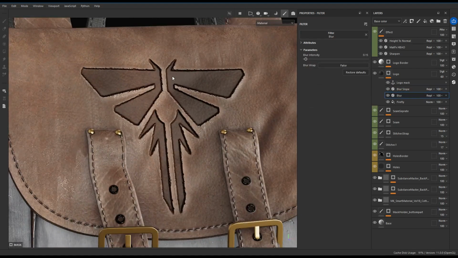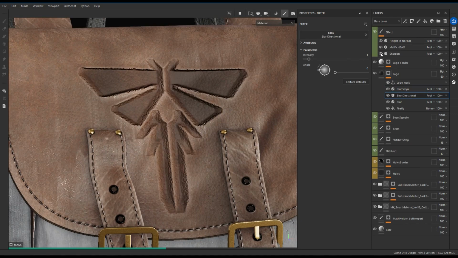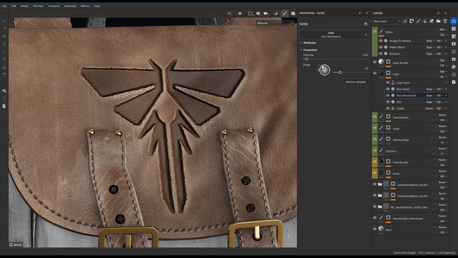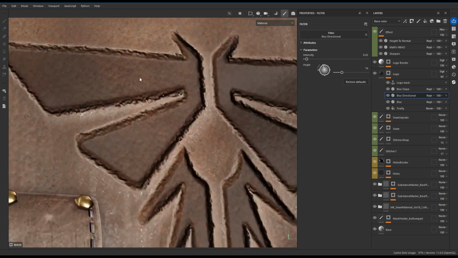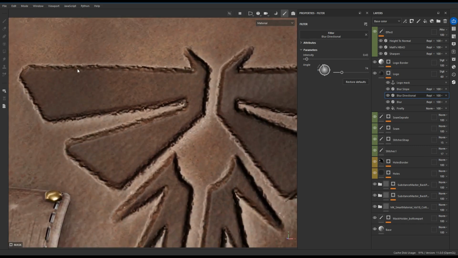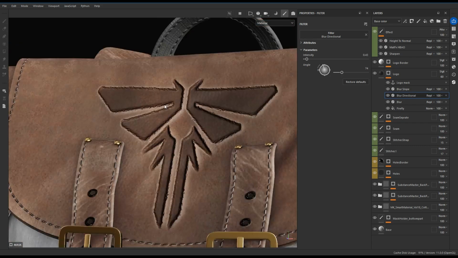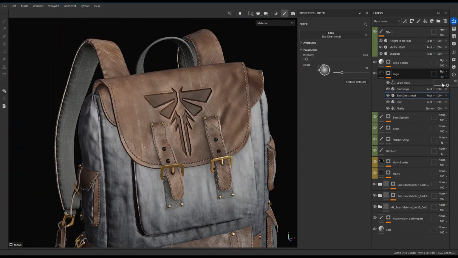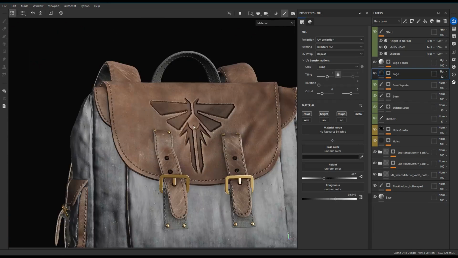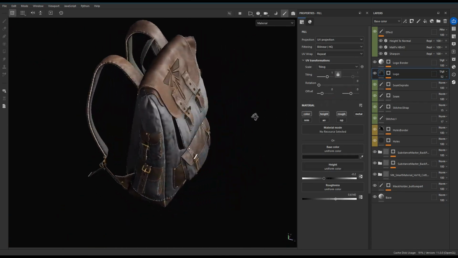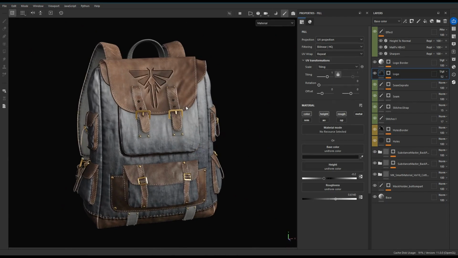For even better result, we can add a filter, blur direction, and decrease the intensity and choose the angle. And as you can see, we have so many interesting details on this edge. So that's it, and we can go here, decrease the value, and we are done. So this is the result that we seek for this model, and I hope you learned something new in this